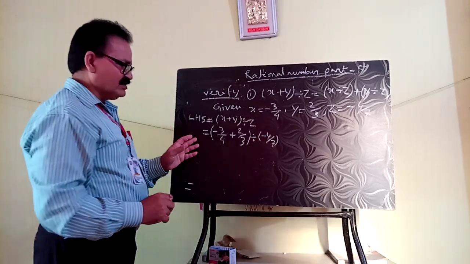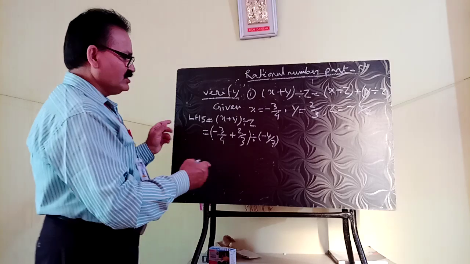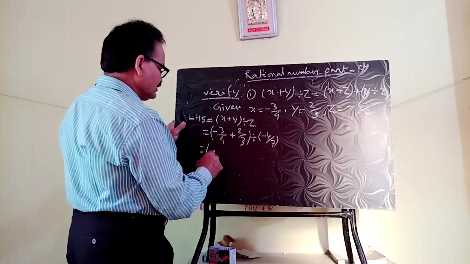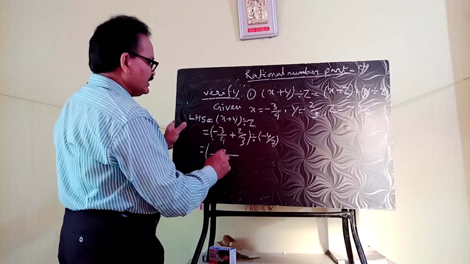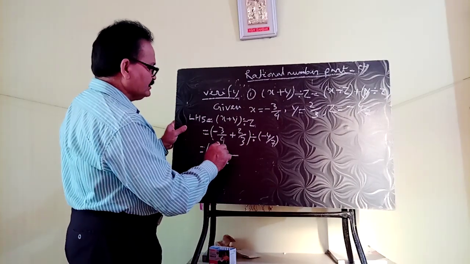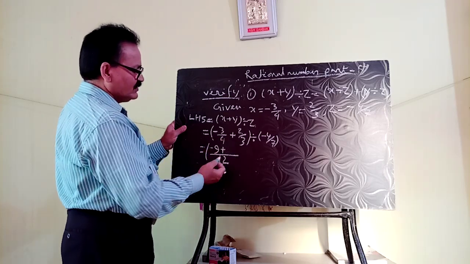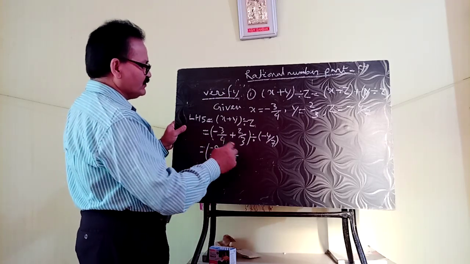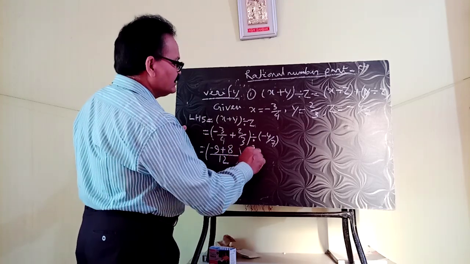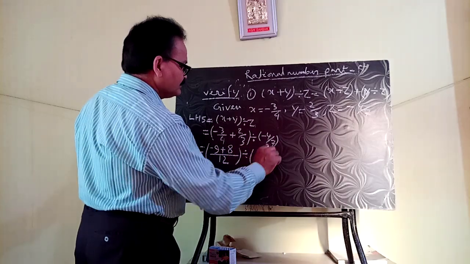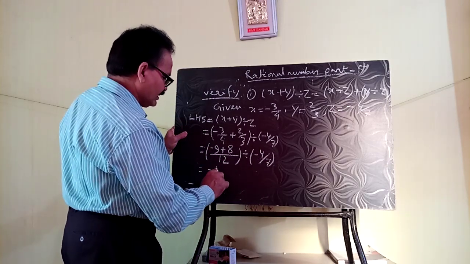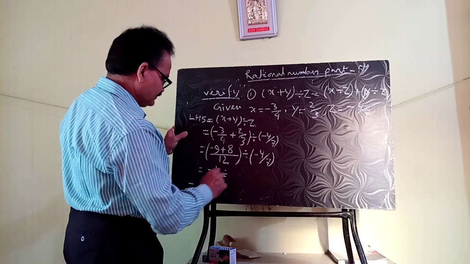This is all about your LHS. So you solve it. In this bracket, your LCM is 12. So this is minus 9 plus 4, when 3 is divided by 12, 4. So this is your 8. Then put a division sign, minus 4 by 7. So this is your minus 1 by 12 divided by